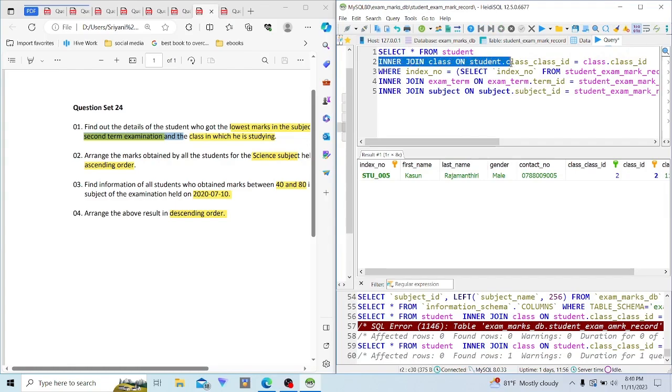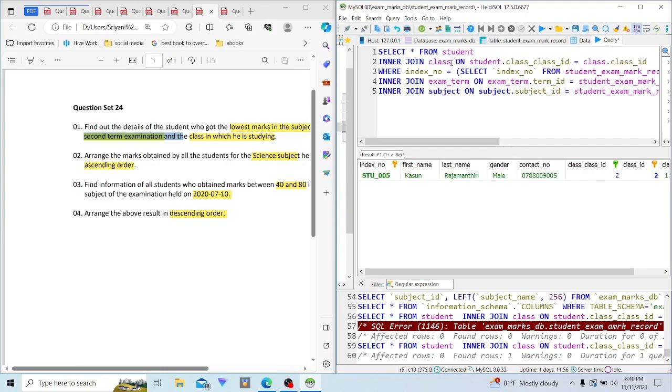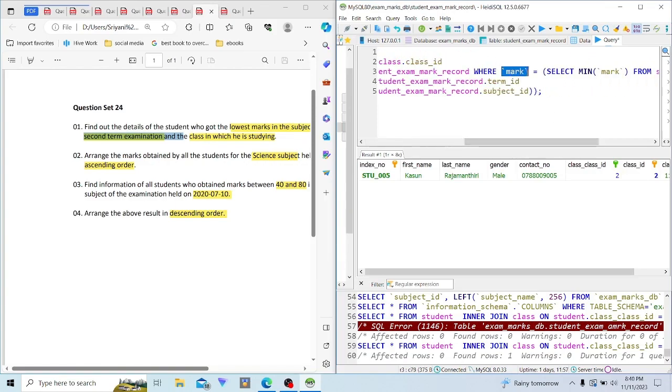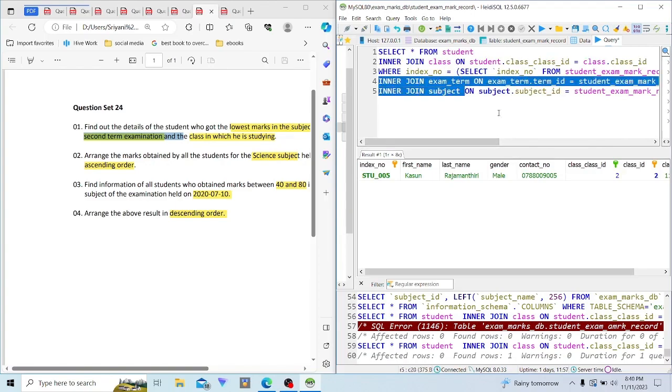I now join the class on class IDs that have been used as foreign keys with the student table, and I use the index number to get the student who got the minimum mark. To get the index number I use a subquery, where I use another subquery to get this minimum mark. In that subquery I now join exam term and subject, and